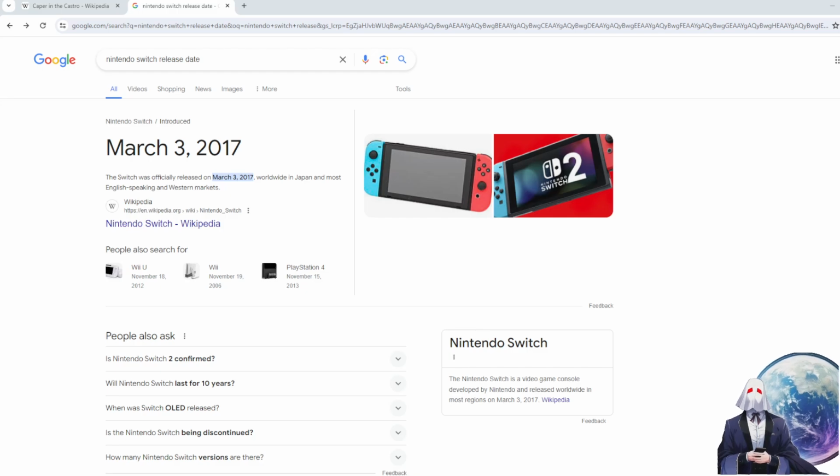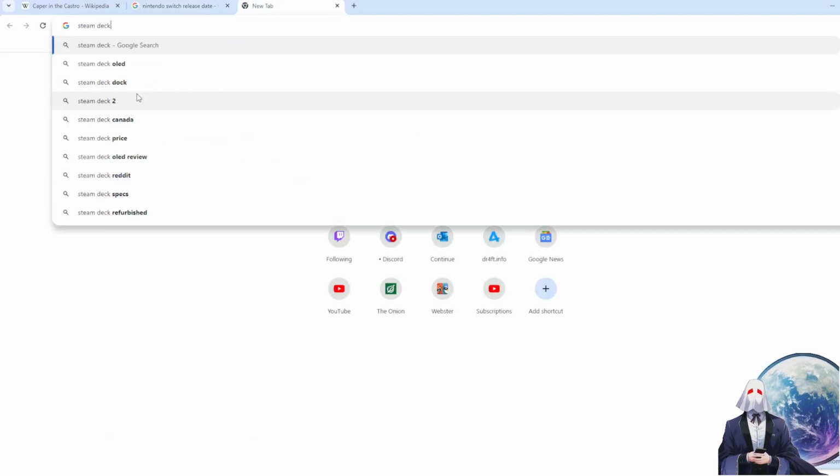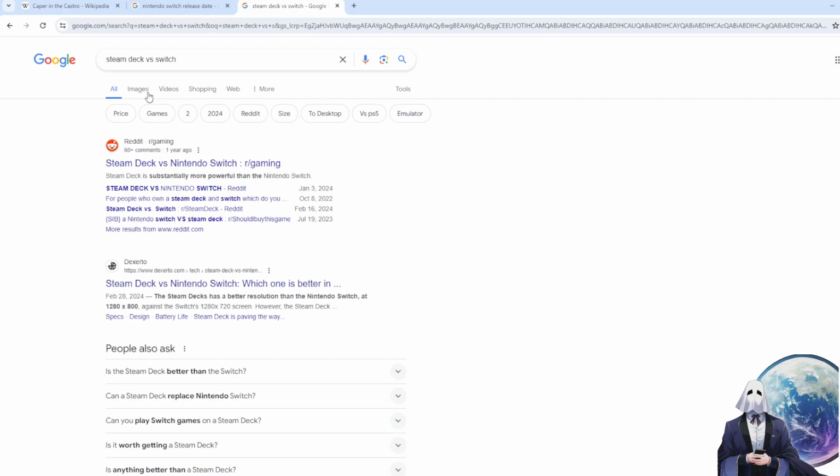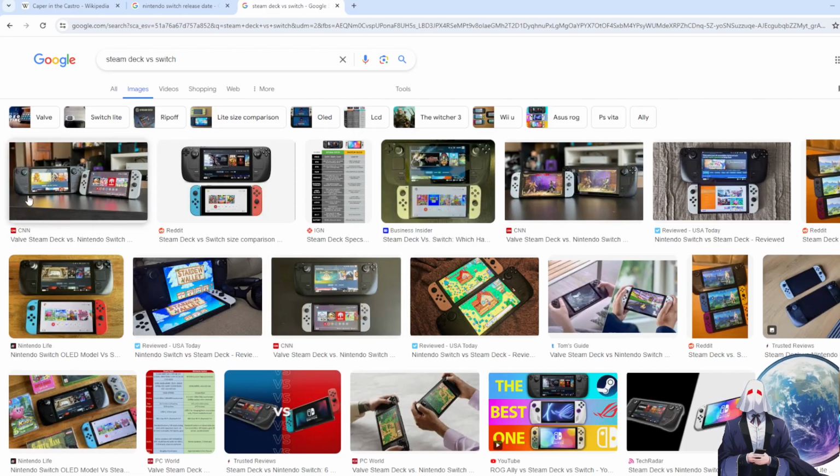I've never held a Steam Deck in my hands. But it just looks the same. Like, if you look at the picture of the two, Steam Deck versus Switch, it just looks more uncomfortable. It's bigger, it's bulkier. The only upside I could see is that you don't have the weird reverse control thing. At least it's symmetrical, so you don't suffer for being left-handed versus right-handed. But look at the size.